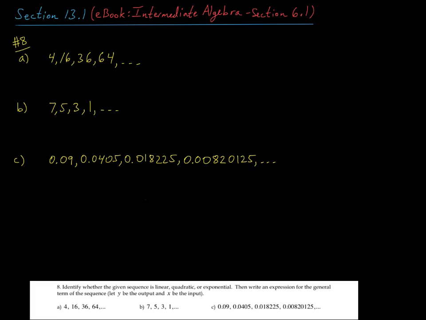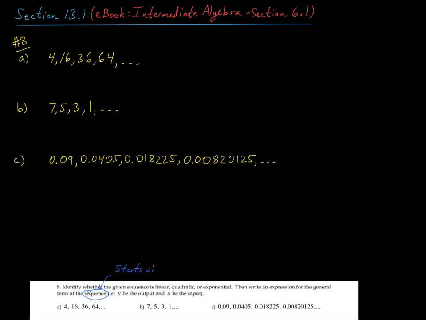Alright, question 8 says to identify whether the given sequence is linear, quadratic, or exponential, then write an expression for the general term of the sequence. Okay, so this is actually really similar to question 3 on the worksheet that we've already looked at. The one key thing to be aware of here is that when they use this word sequence, okay, then this